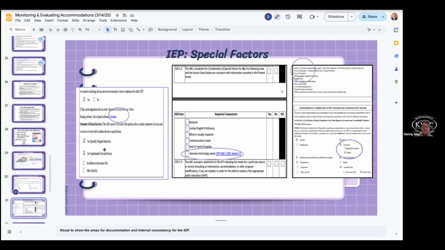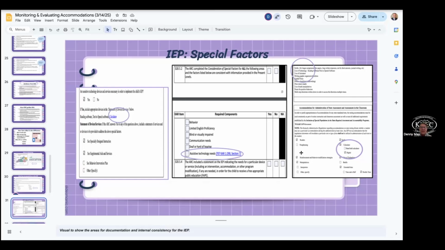This is a screen grab from the record review document that I use, and Brenda uses, and Dion uses to review files. Right here under special factors, we see over on the far right hand portion of the page, that circle at the bottom, that we have elected to provide not an online calculator but a handheld calculator in this instance.